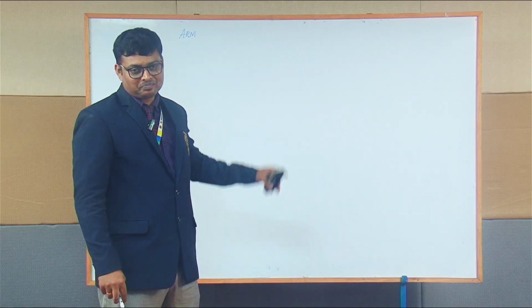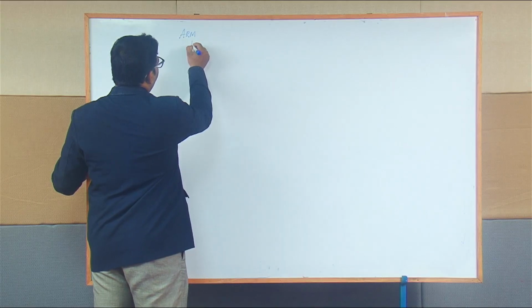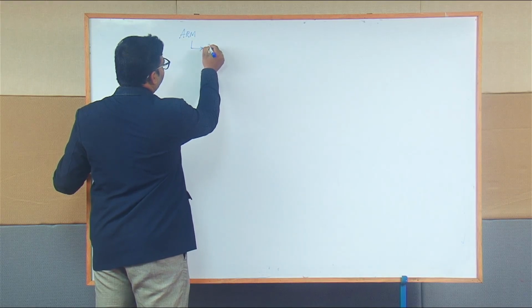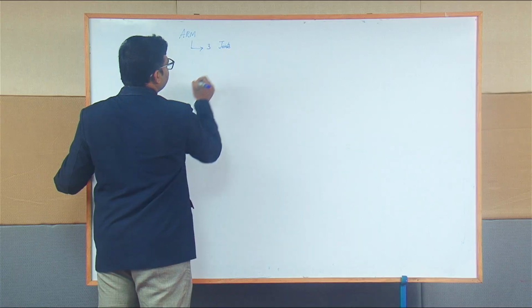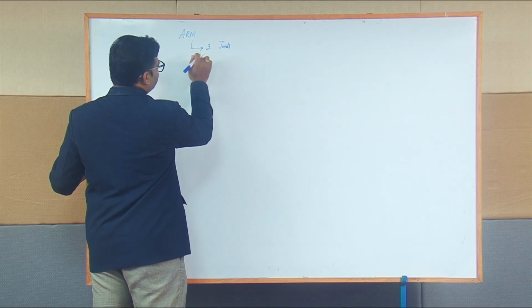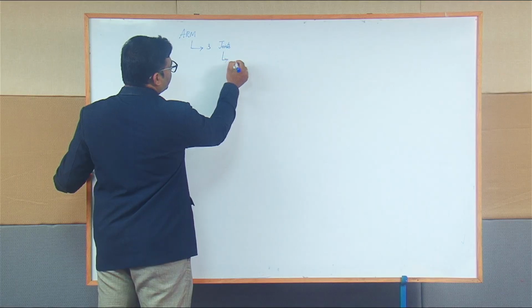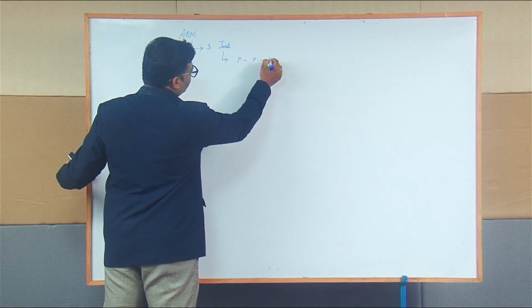Next phase, the arm. So in arm, we are going to have the general classification based on 3 joints. So the 3 joints as we start can be prismatic, prismatic, prismatic,